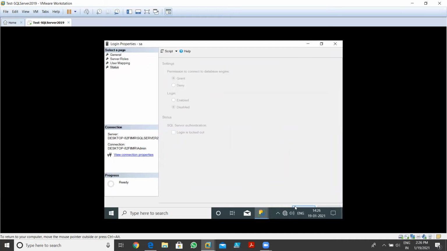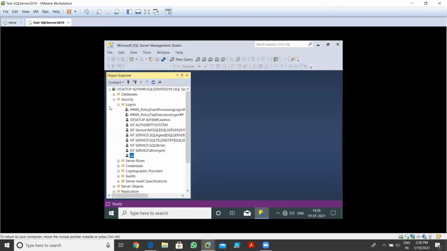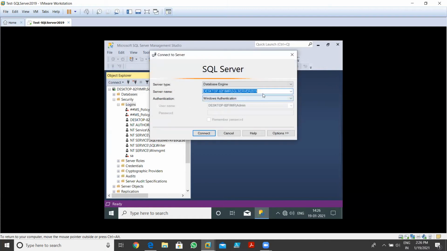Simply click on OK. Now once you click refresh, right-click the Logins again and go for Refresh. As you can see, there is a cross over there. That means I'm not able to log in with the SA account now. If I try to log in, I go to the plug icon over there, and we have to go to SQL Authentication, and over there we can log in with SA.